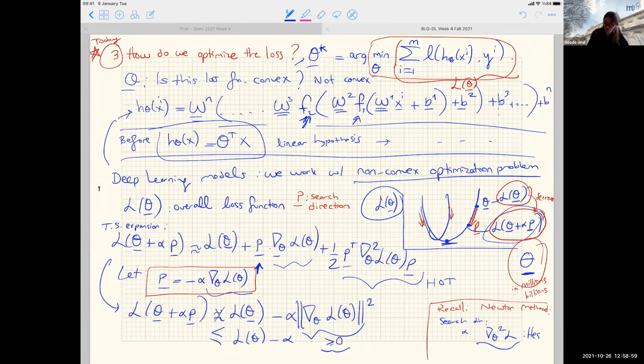Hessian of the loss function. Okay, this is just a recall. Okay, so the gradient descent algorithm. We are in the optimization part. This is still the easy and nice part. Gradient descent